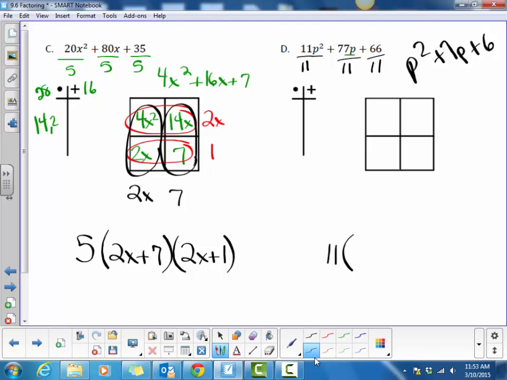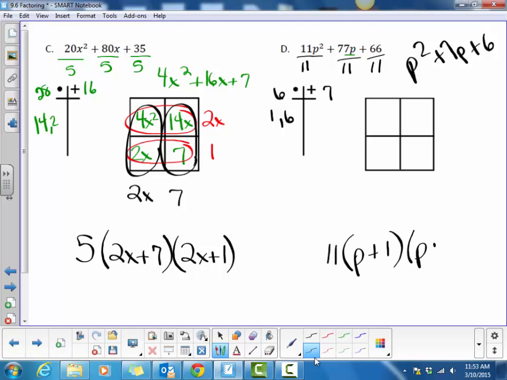Times plus chart. What's the value I'm looking for? Times 6, plus. What are the factors of 6 that when I add them together equal 7? 1 and 6. Do I need to fill out the factor table? Nope. Why? Because the value of a is 1. So I can go right to the cheat. p plus 1